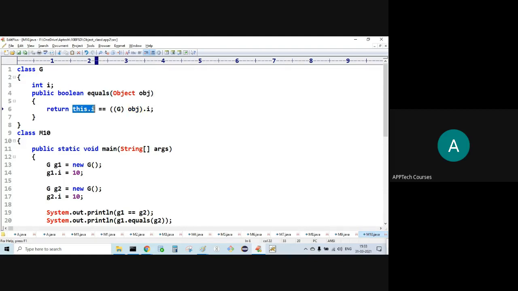This data means G1's data, since the current object is G1.